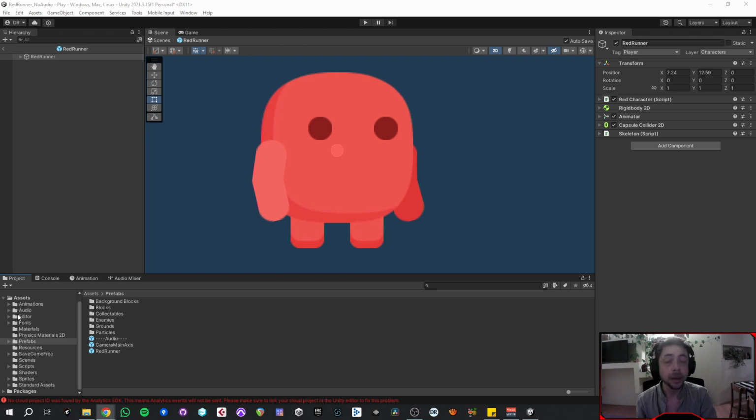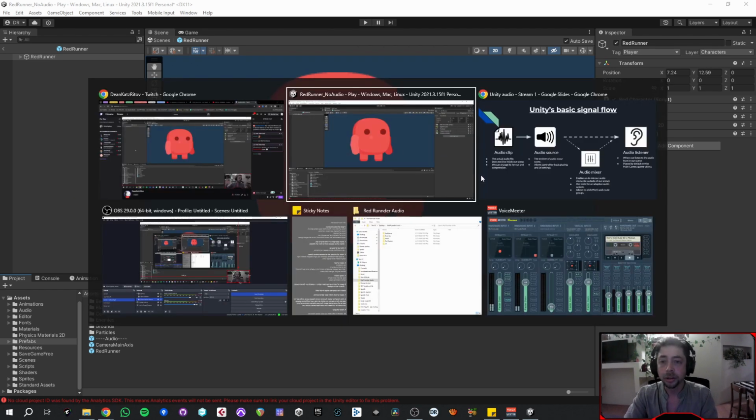That's great. So let's move on to adding locomotion. And let's look at the logic of how I want to approach adding footsteps, jumping, and landing sound effects to my Red Runner game object. So,